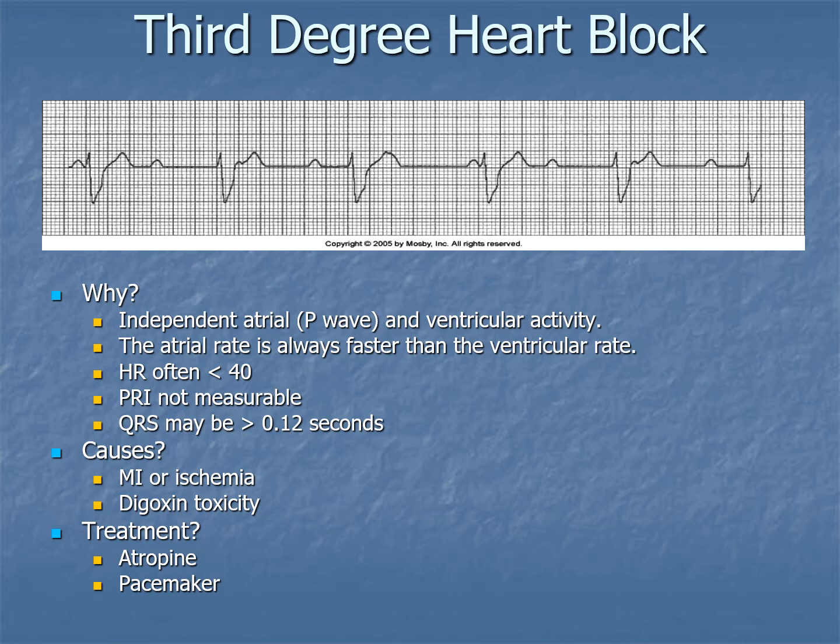So again, you have independent atrial P waves and ventricular activity. The atrial rate is always faster than the ventricular rate. Heart rate is often less than 40, so you have perfusion issues going on. PRI is not measurable because you have this lack of coordination, and the QRS may be wide, may be greater than 0.12 seconds. The causes are MI, ischemia, digitoxicity, and the treatments are similar, particularly to the second